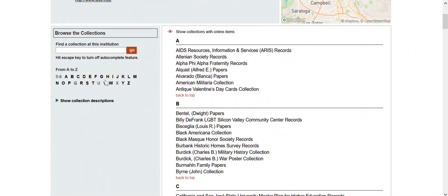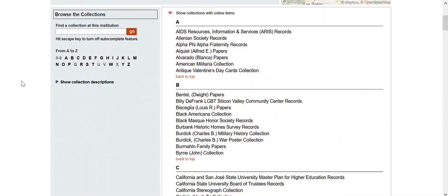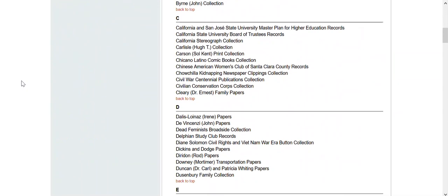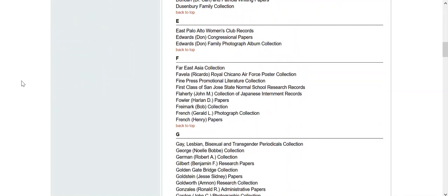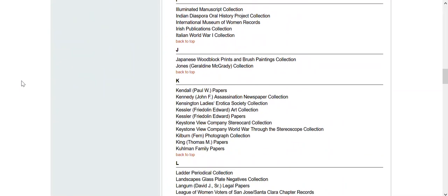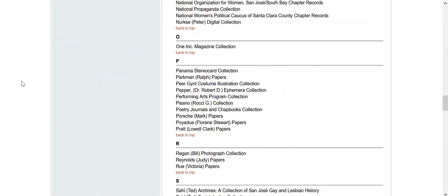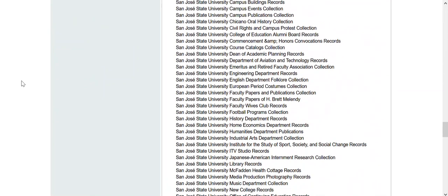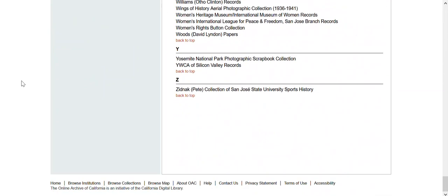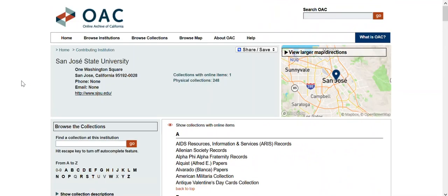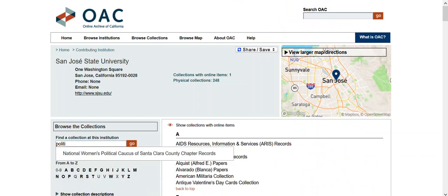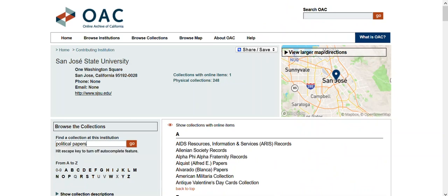You can also go alphabetically as we scroll down here. If you happen to know the name of the collection that you're looking for, then you may want to just do a quick scroll down here and you can see and get to all of the different collections that we have. Let's do a search, and let's actually search for political papers, which are very popular and among our strongest